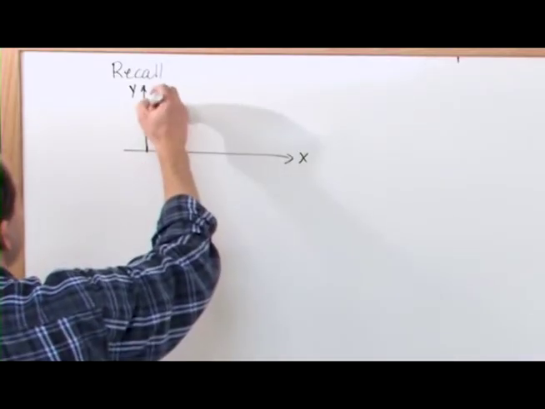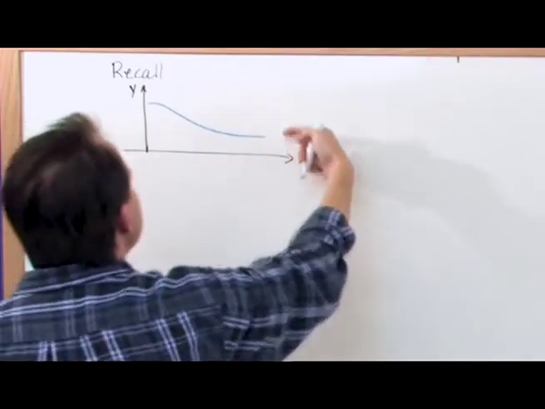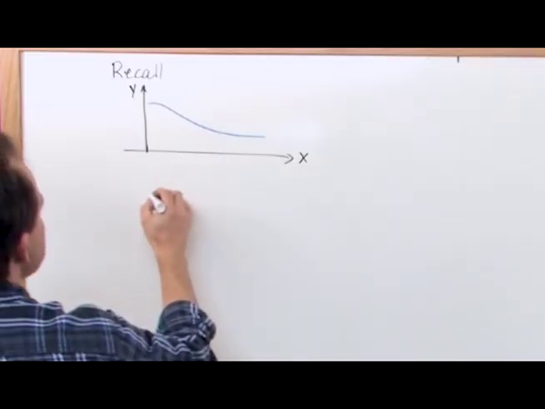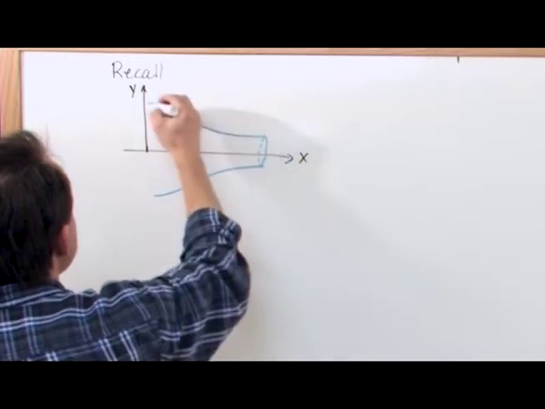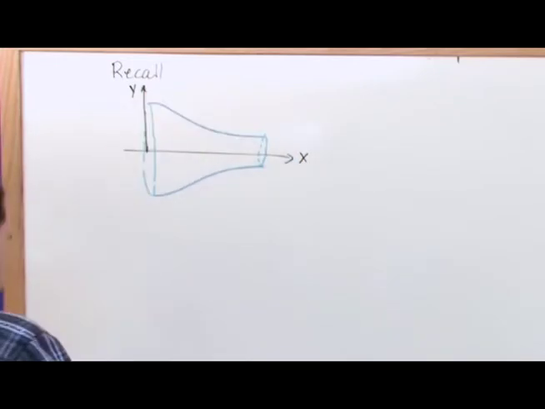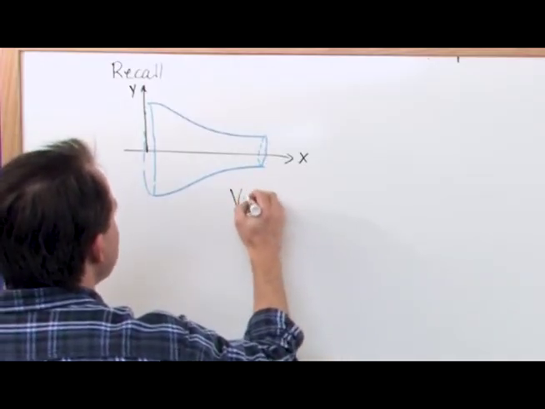If I had a function that was defined to look, let's say, like this, and if I were to take this function and rotate it around the x-axis, then I might get something that looks like this, some sort of vase-looking thing. Before, we were interested in finding the volume of this thing, and we actually wrote a formula for the volume, which was